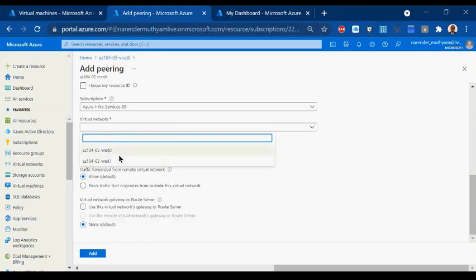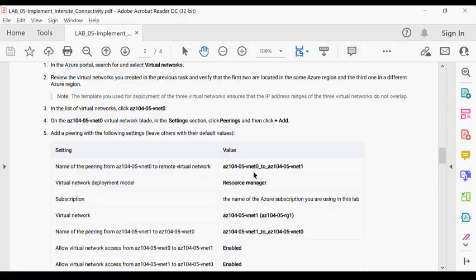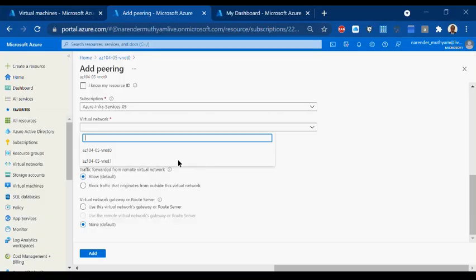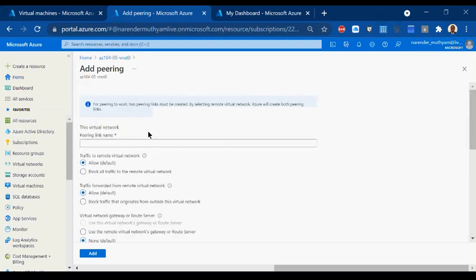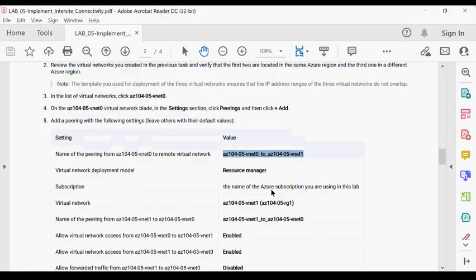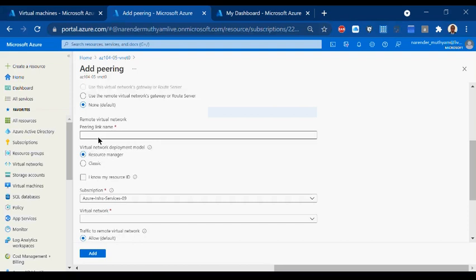Yeah, see, now they are discovered now. Can you see here? This VNet 0 can now talk to VNet 1. So I should select VNet 1 here. So before that, what I will do, I'll take the names here. Right, so I'll start from the beginning here. I'm placing my first parameter here, going back to the lab and pick this one. See, 0 to 1 and 1 to 0. These two things you need to pick up from the lab here and come back here and put it in the remote network section.